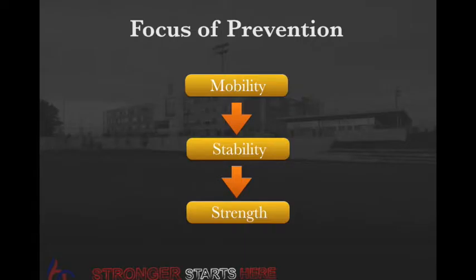It is followed by stability. People that have good proprioception and the ability to activate their core and control their posture through certain movement patterns. And then, of course, we can start to integrate strength and focus on adding resistance to the movement to really build that final piece on to injury prevention.